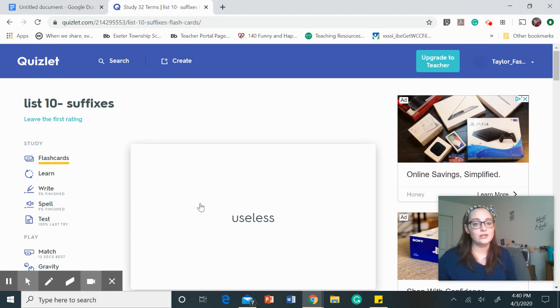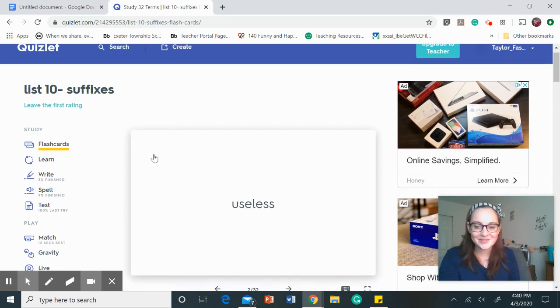But this was just to help you have a walkthrough of the website and what it looks like. So I hope that this was helpful for you, and I hope that you enjoy using Quizlet,